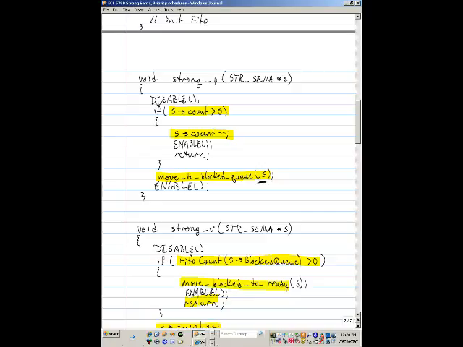When you call strong P, as soon as strong P returns, you're going to own the semaphore. If the semaphore is available, we grab it and we return. If it's not available, we call move to blocked queue. This moves the process that called strong P to the blocked queue of the semaphore. That function, when it returns, implies that this process